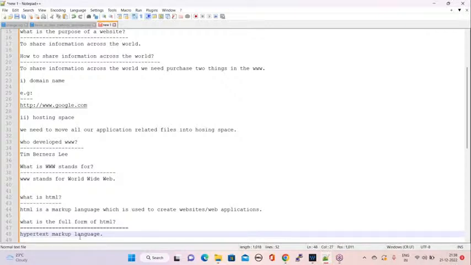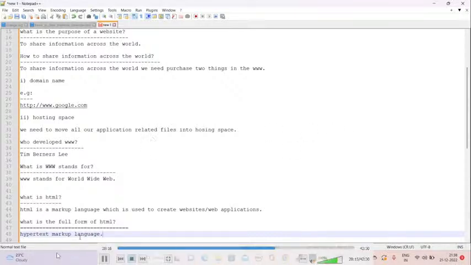Right. So every other language, PHP, .NET, should have interpreters, that means servers, to convert their code into binary code. And finally, they will send that final output to the browser so that we get the output. But coming to this HTML,